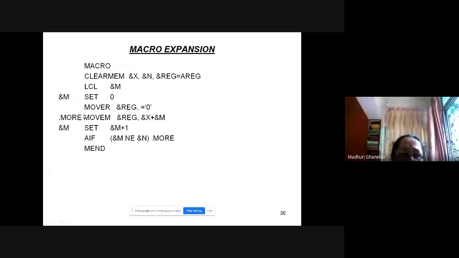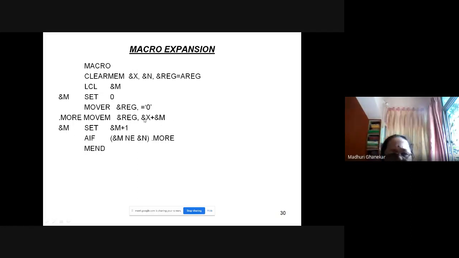Dot MORE is the sequencing symbol. MOVE M, &REG, &X plus &M. So &X plus 0. And what we are doing here, &M SET &M plus 1. So X plus 0, we are moving 0.